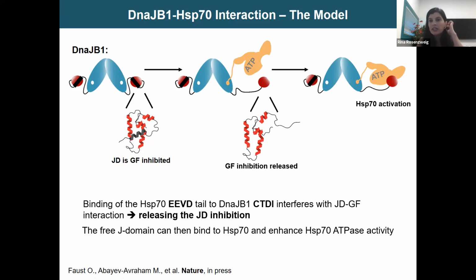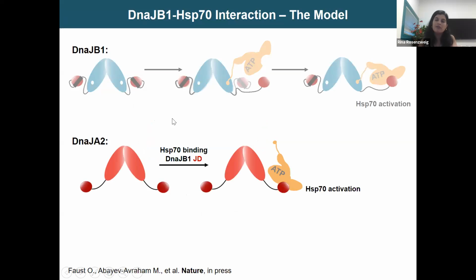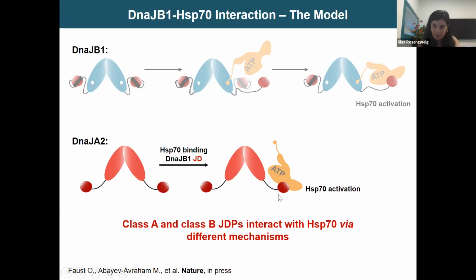HSP70 will be activated. It will convert from the ATP to the ADP state and now bind substrates, which in our case are the amyloid fibers, with high affinity and cause disaggregation. So this is for class B. For class A J domain proteins, we in fact see a very, very different mechanism of binding. There is no second binding site in CTD1, and the J domain is constantly released, so it's always free to bind and activate HSP70. So in summary, we see that class A and B indeed interact with HSP70 through two